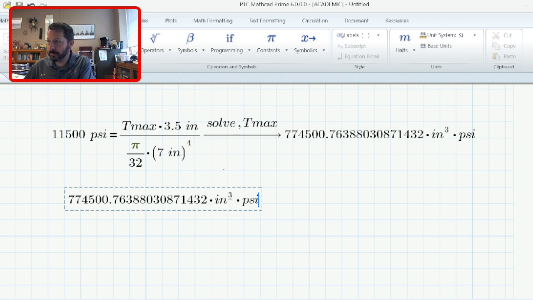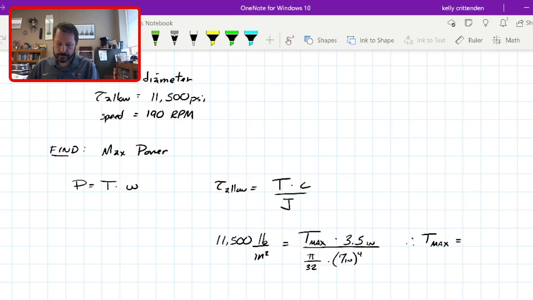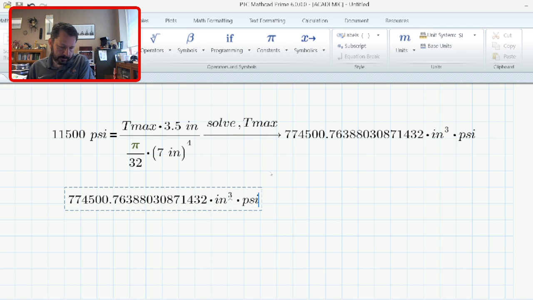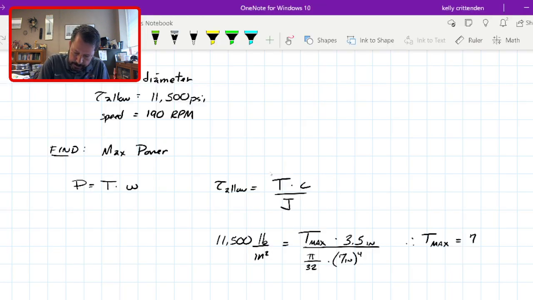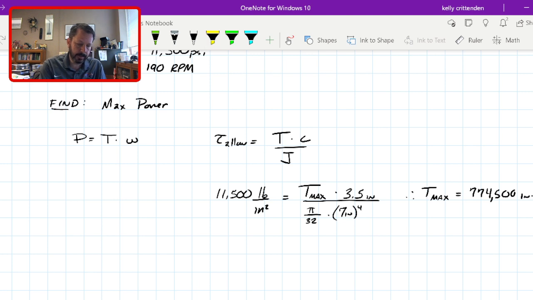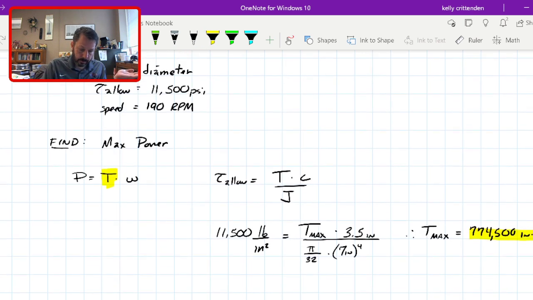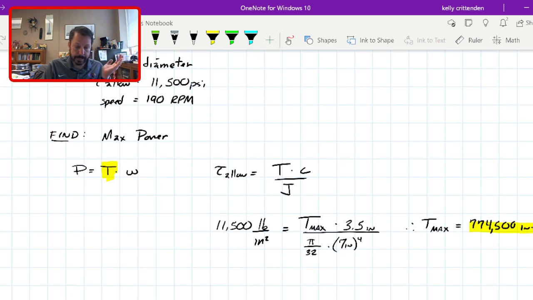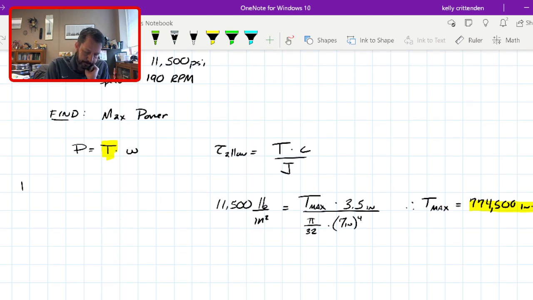Let's go back over to see what we need to do next. So we found T max was 774,500 inch pounds. Now we can take that number and plug it into the torque in this power equation. We want to find the power. We know the speed, 190 RPM. So power equals this giant number, 774,500 inch pounds times speed of 190